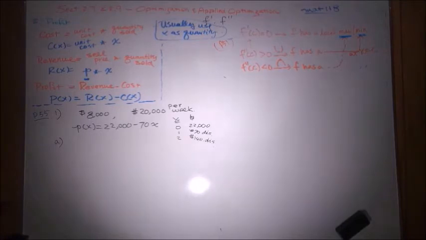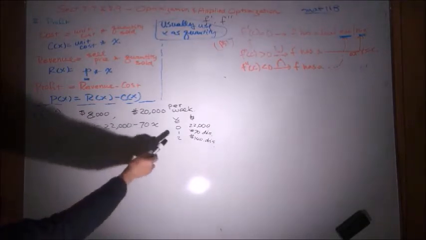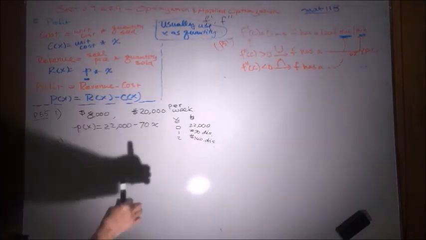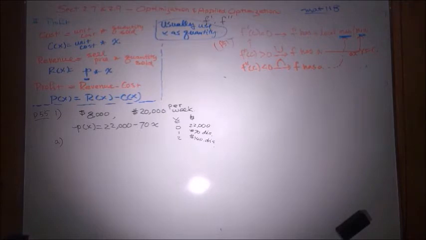So look at the questions. First one, how many cars should be produced each week to maximize profit? For what price should they be sold? And what is the company's maximum profit? So the bottom line is you want to maximize your profit. Hopefully you sell more cars to a point where you make more profit with the discounts given. So before we do that, we have to set up